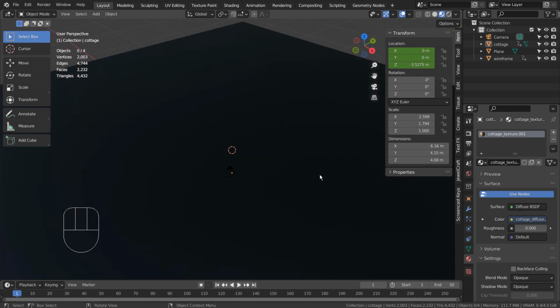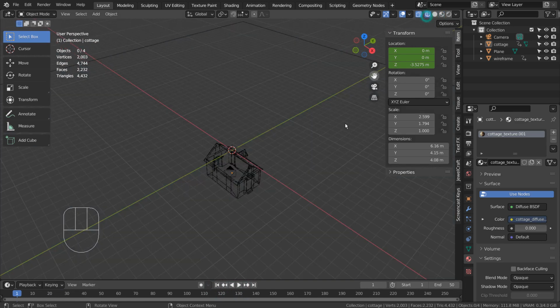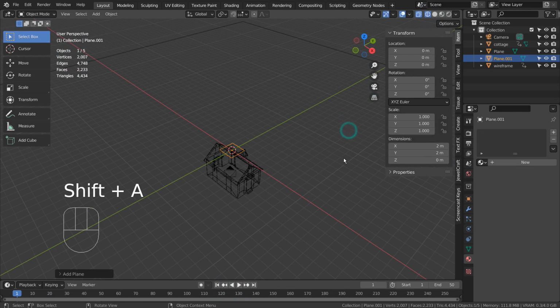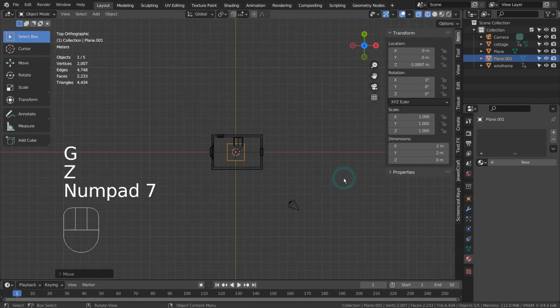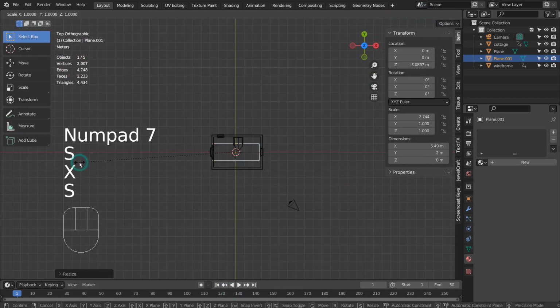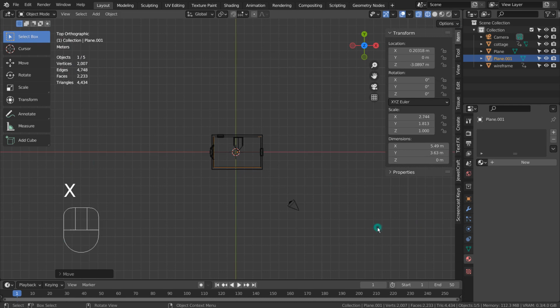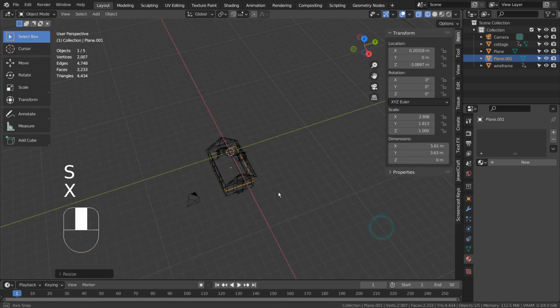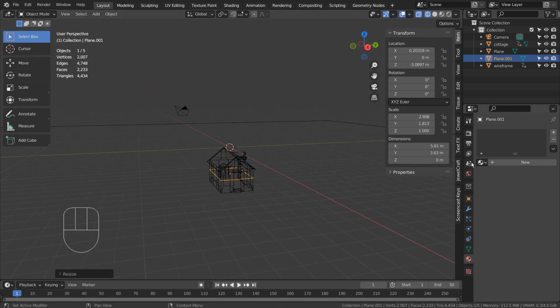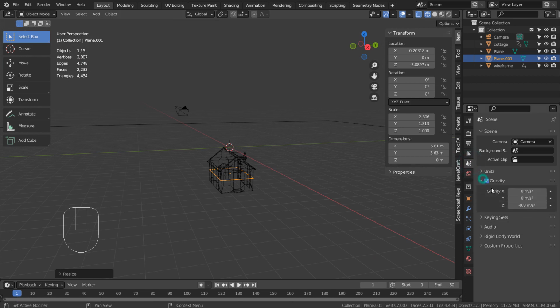Let's add a plane that will emit particles. I'll reverse the gravity.